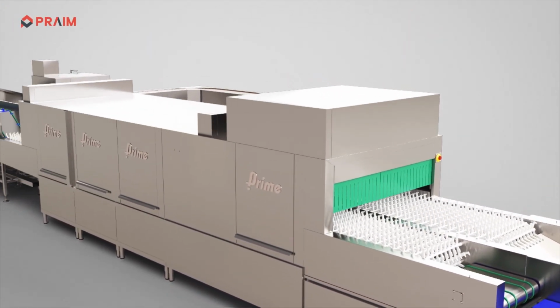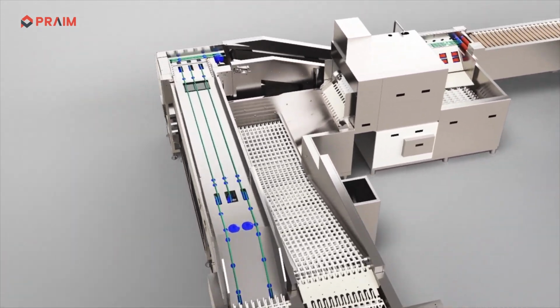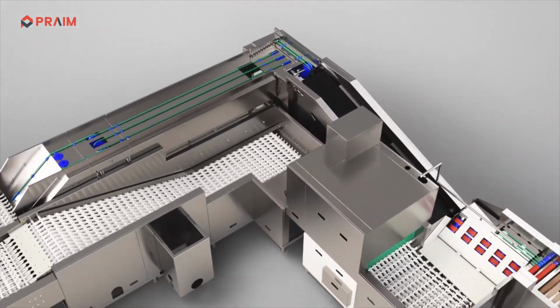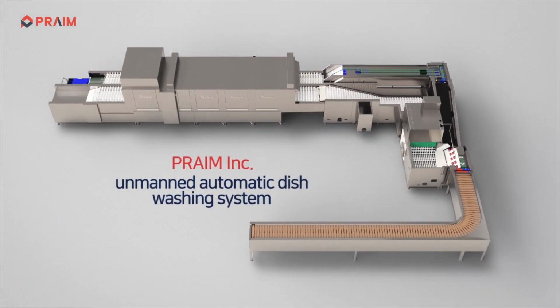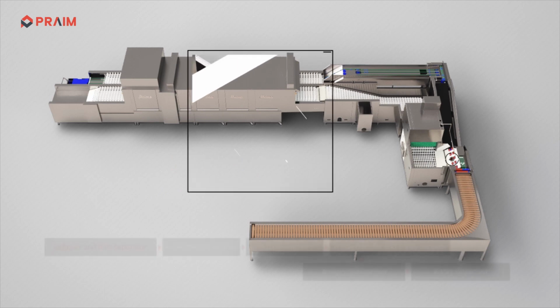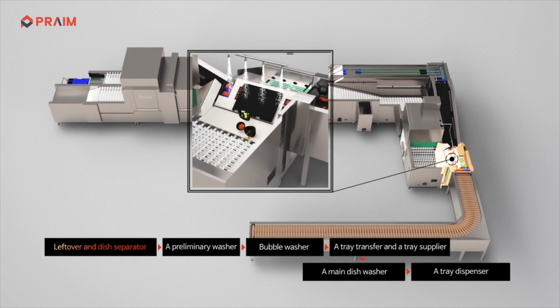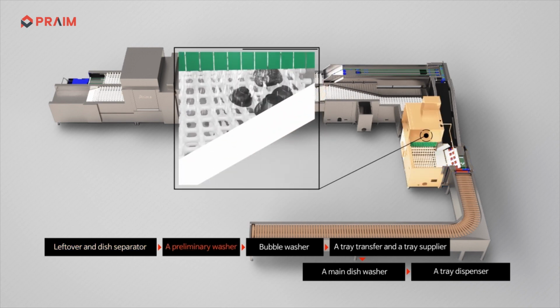More economical and sanitary, the unmanned automatic washing system presented by the unique technical skills of PRAIM can be run by minimum human power. PRAIM Unmanned Automatic Washing System. The unmanned automatic dish washing system is composed of a leftover and dish separator, a preliminary washer,